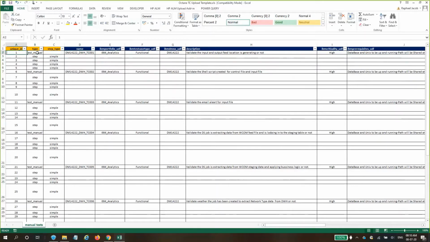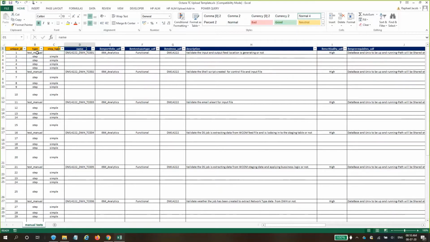Next, the third field column is unique ID. Here, when we're writing unique ID, this is your sequential linking of the test cases and the steps. If you see 1, 2, 3, 4, 5, this is one test case. So 1 is the initiation of a new test case. 2, 3, 4, 5 are the steps within that test case in a sequential manner. Similarly, if you see the next row, the unique ID 6 is again a new test case with 7, 8, 9, 10 as the steps for it. That's why these three fields are not visible on the screen, but they are important identifiers when we are running an upload.